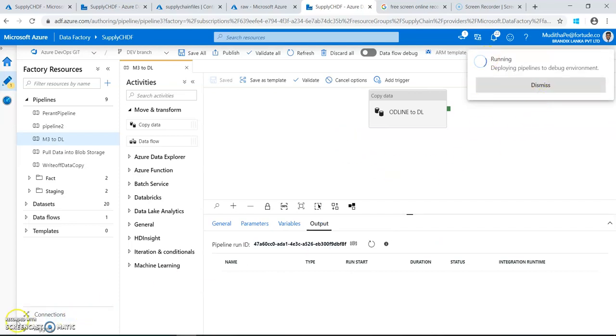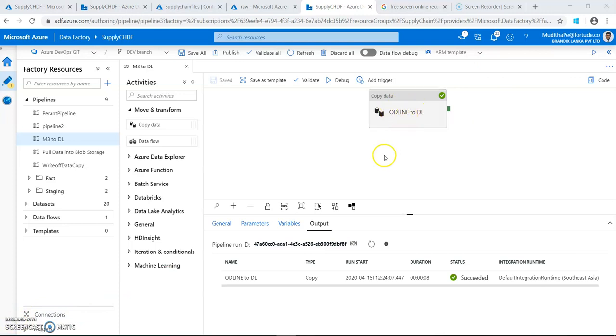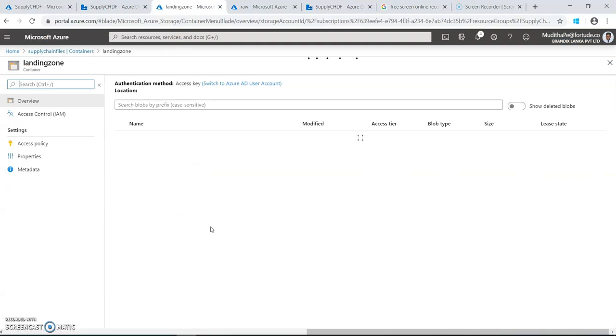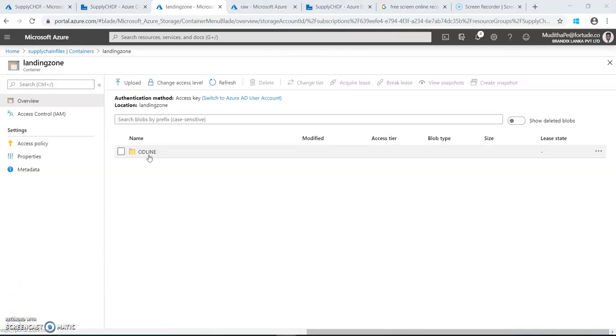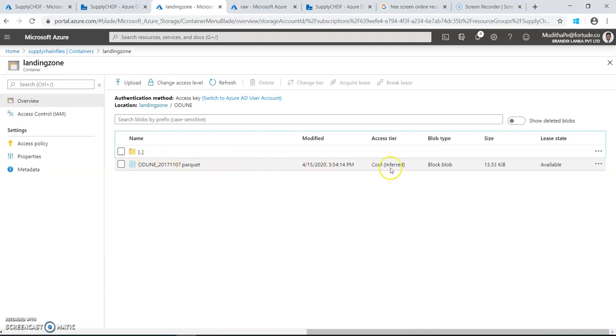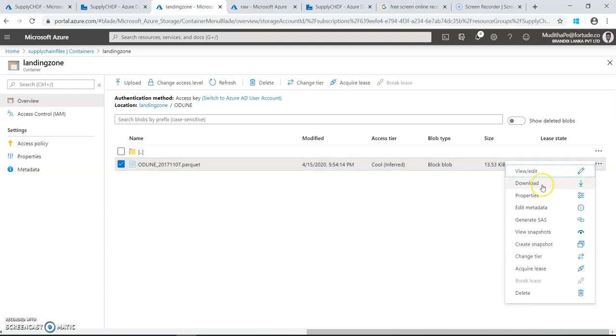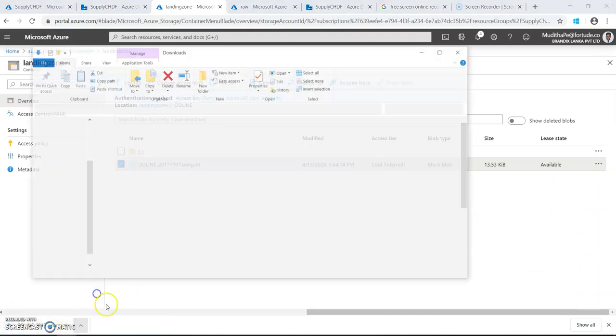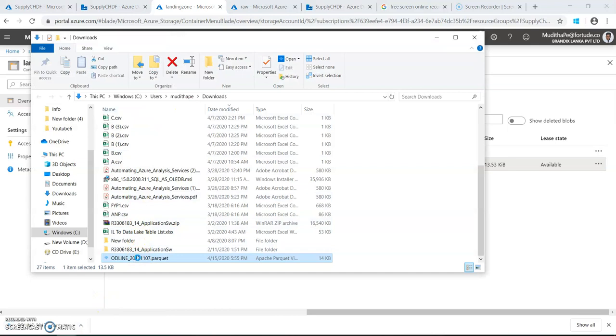Okay, it's running. Okay, the copy data activity succeeded. Okay, let's check that one in our landing zone. Okay, this is the file, the OD line file, and then you can see this OD line parquet file. Let's download that one. Okay, and right now let's show the folder. You can see the OD line file, 14 KB file size,